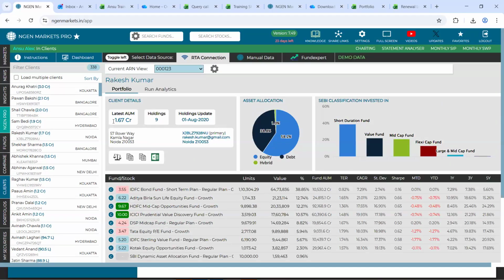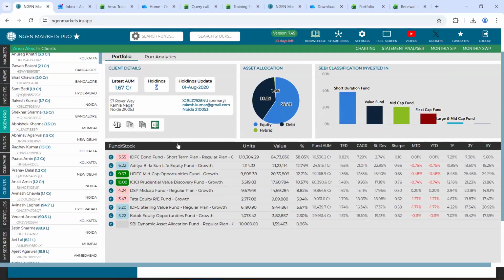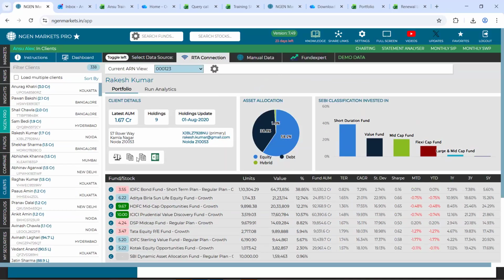Firstly, it will tell you the total AUM for this portfolio and the total number of holdings in this portfolio. Next to that, you can see the section which tells you what components form a part of this portfolio. Following that, what are their units? For each scheme, the latest units, when multiplied with the fund's NAV, give you the current value. And this value, when converted into percentage format, comes up in the percentage column that you see. Following that, there are a few icons that you can view right here.